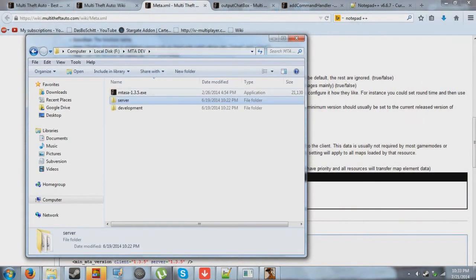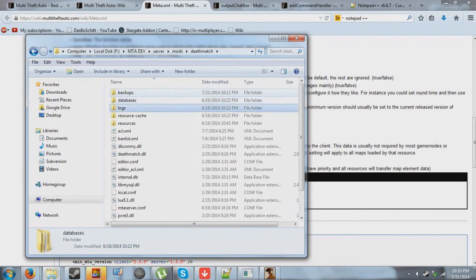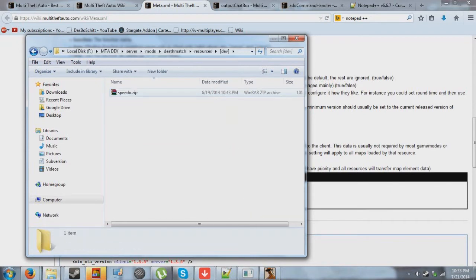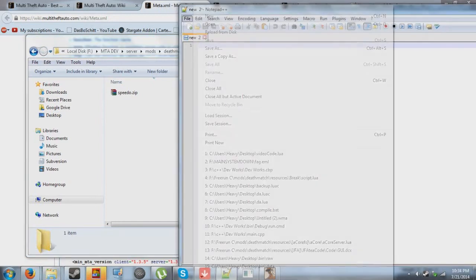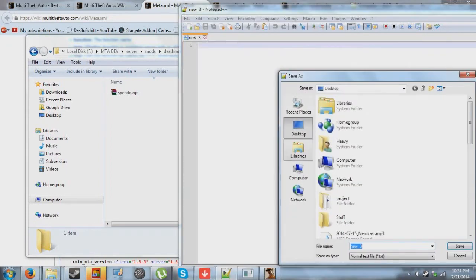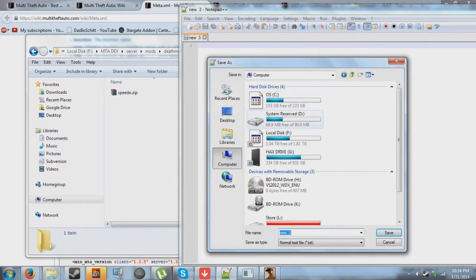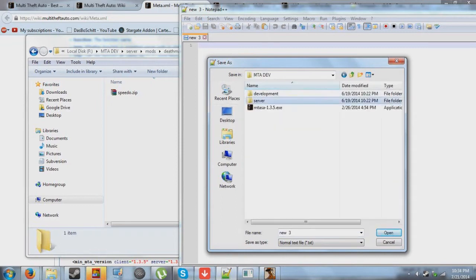Now this here is the root of our MTA server. I'll click on server, mods, deathmatch, resources, and dev. This is the folder where we're going to be putting our project files. Now that we're in Notepad++, I'm going to click on File, New, and I'm going to create a meta file. So I'm going to save as, we don't want to go to computer, we want to go to local disk F, and we're going to go to MTA dev. I've got a shortcut, we'll click here,